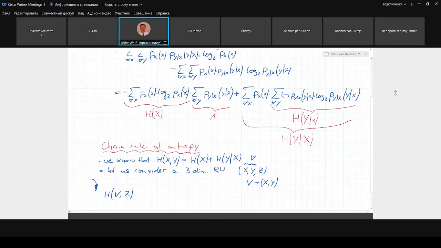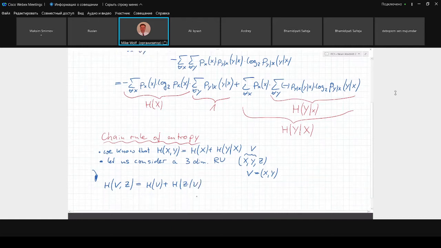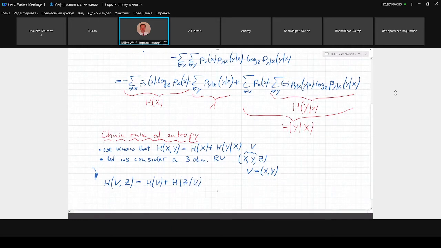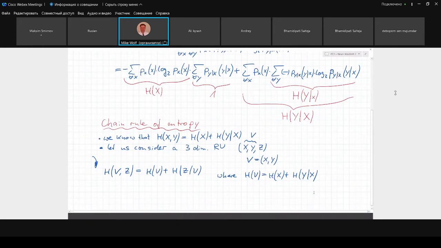Now we take a look at the joint entropy of v and z. And this is, of course, the entropy in v plus the entropy in z given v. That's clear, right? And now we know the entropy of v, where h of v is just h of x plus h of y given x. And therefore, we see that h of x, comma, y, comma, z is nothing else than,